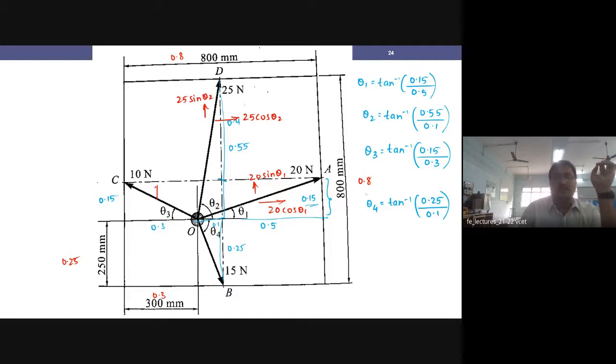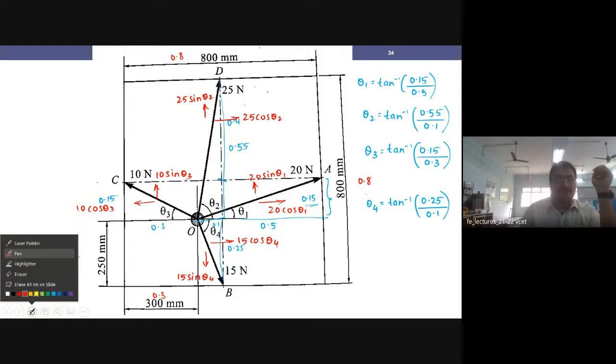And here 10 sin theta 3, 10 cos theta 3, and finally 15 cos theta 4, 15 sin theta 4. The sign conventions which are there,